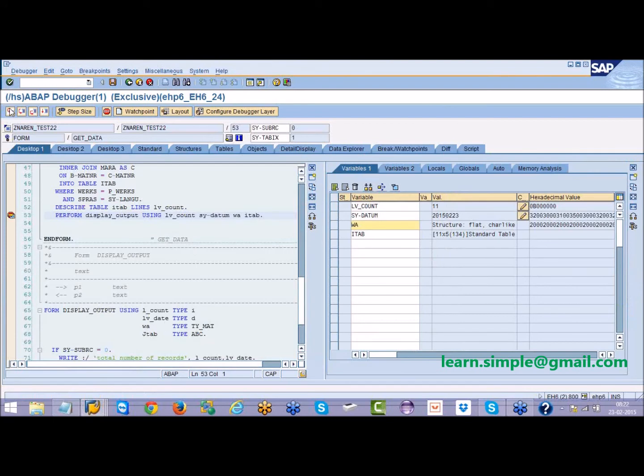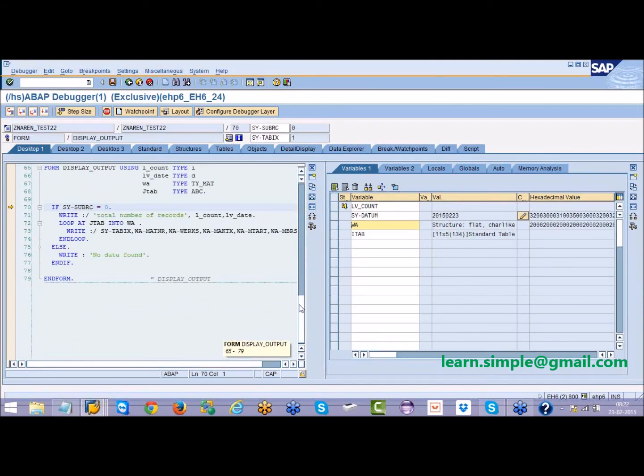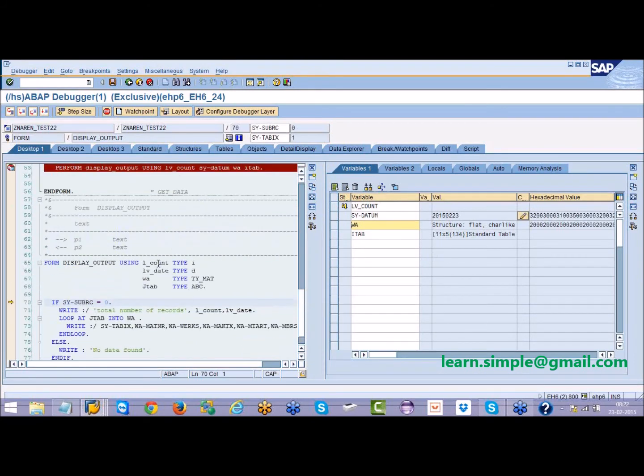So when I click F5, I came inside this. Whatever was previously in LV count is now given to L underscore count. You can see L underscore count is 11. Similarly LV date, similarly work area, WA, same work area.